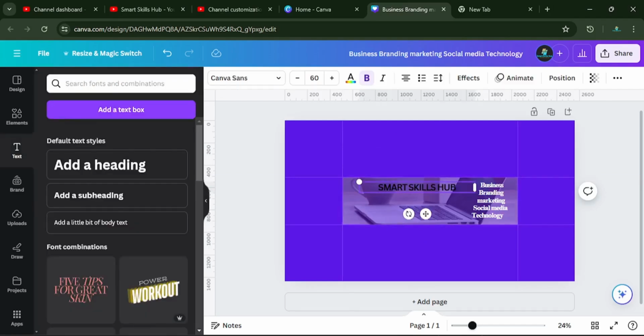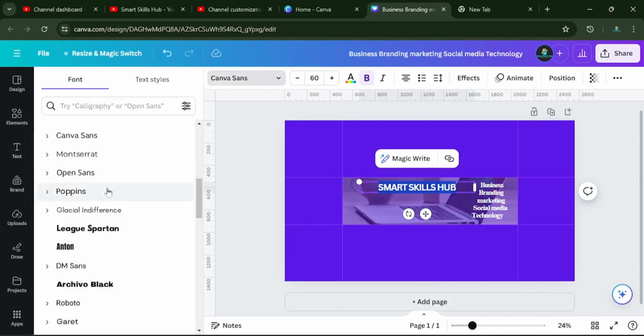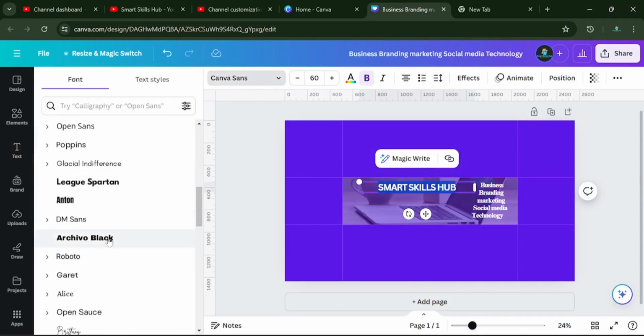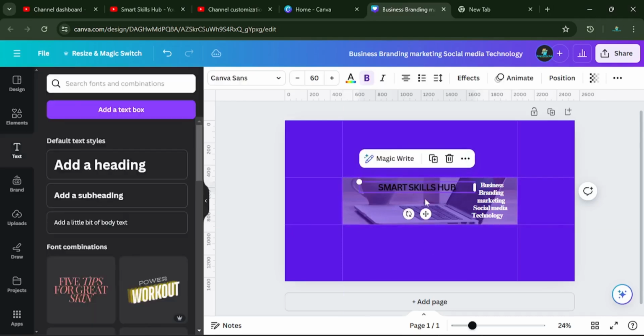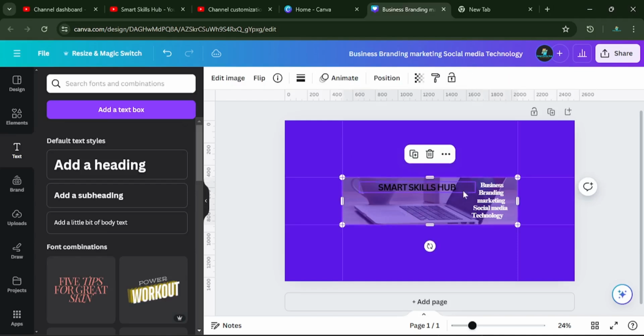So the next thing we're going to do now is to change the font of this, and to do that you just come over to font, click it down and look for the fonts that you would love to use. So I'm gonna use this because it's a name and I want it to be very bold, so I'm just gonna use that font. The next thing I'm also gonna do, I'm gonna copy